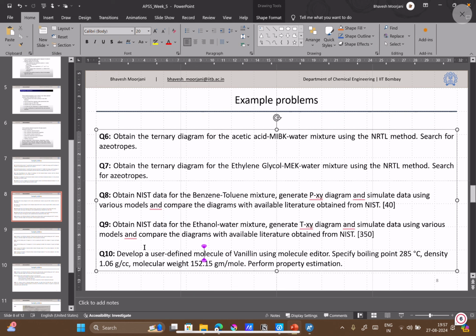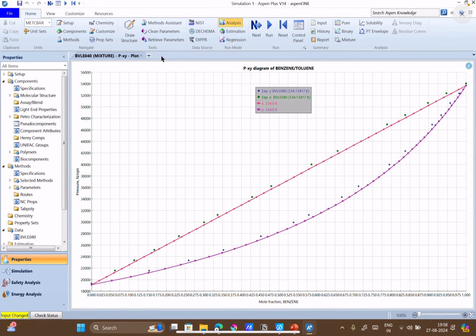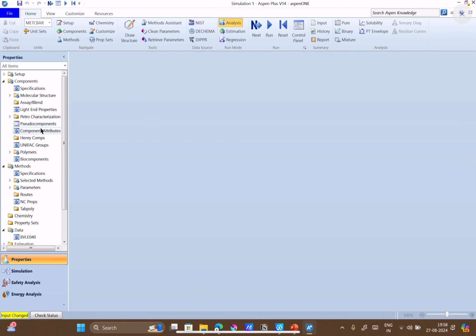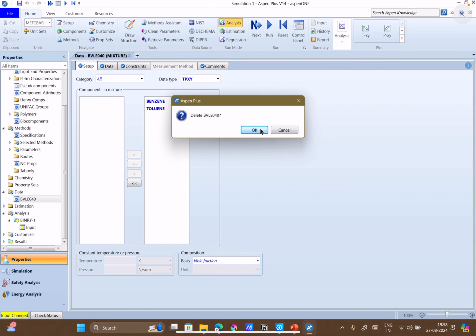So this example, right now we are doing property analysis of components which are known to Aspen Plus. But let's say when we don't have the data available itself, let me clean all this stuff.